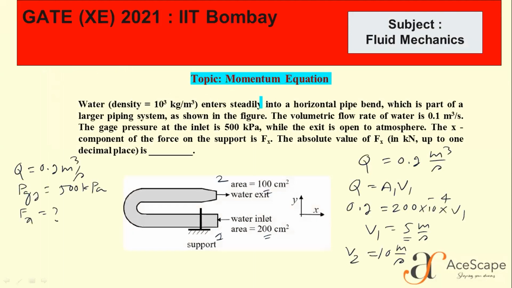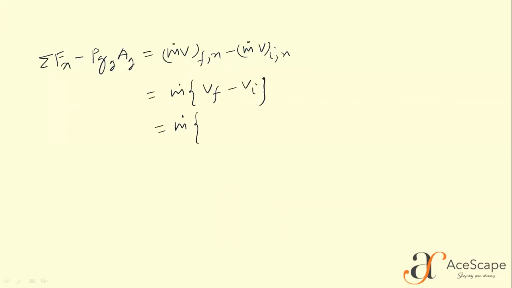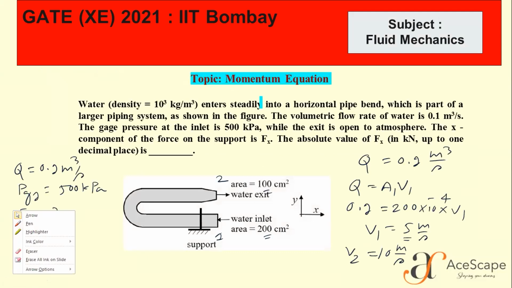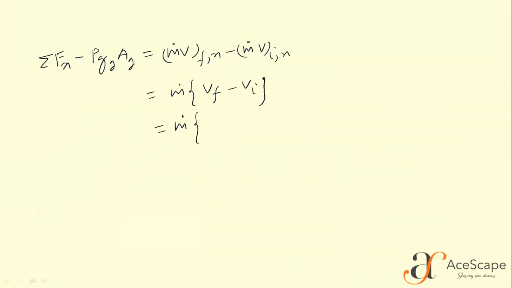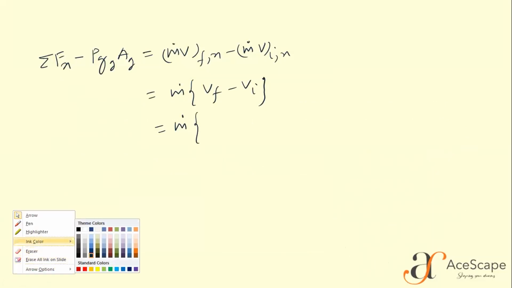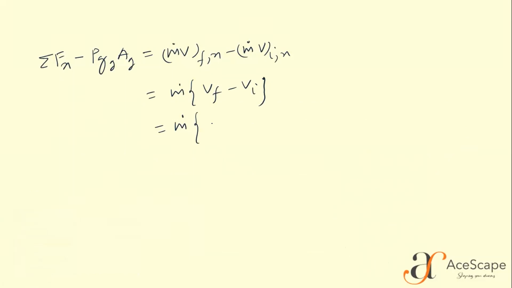Final velocity, if you see, the final velocity is V2. It is in this direction. They have given direction also, x and y. This is positive x, and in the inlet it is in negative x direction. So what I have to do is V final is, I am getting